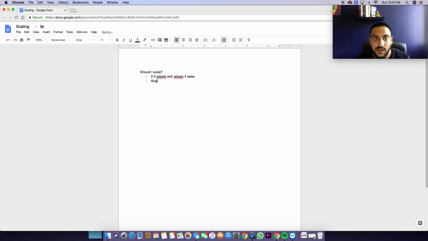The second thing that's really important to me is the ROAS. I usually don't scale anything that's below a 3.0, but lately I've been testing with 2.6 to 2.7 ROAS, and I'm seeing some good, not so much profit, but it's still there. Even if it's a 10% profit margin, even if it's $2 per sale, that's still something, right? So 3.0 is definitely the sweet spot for me, but 2.6 to 2.7 also works okay.